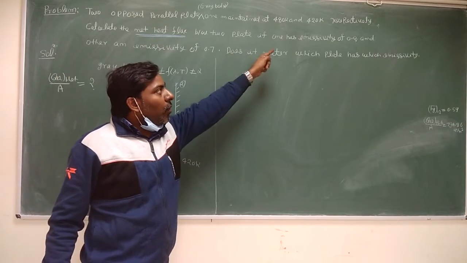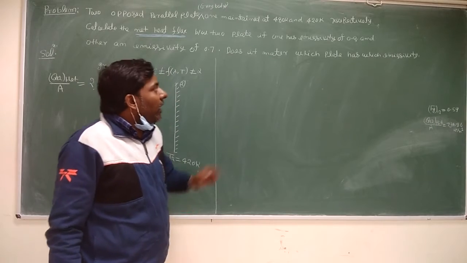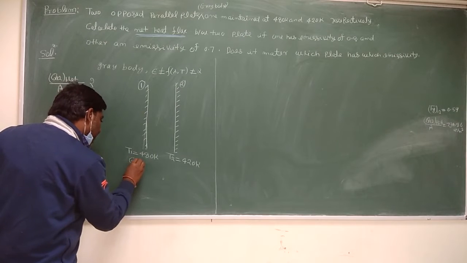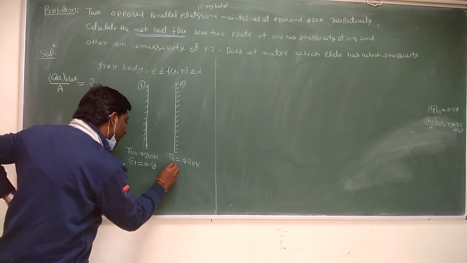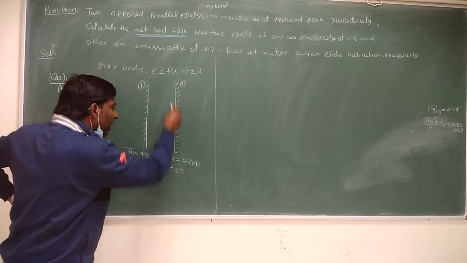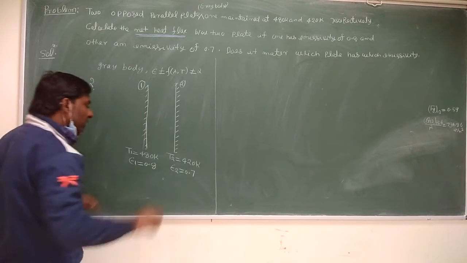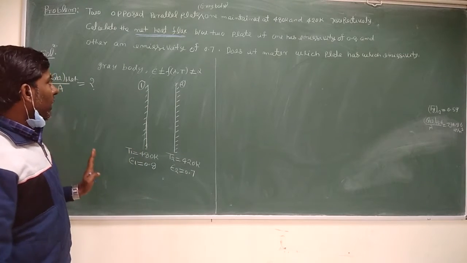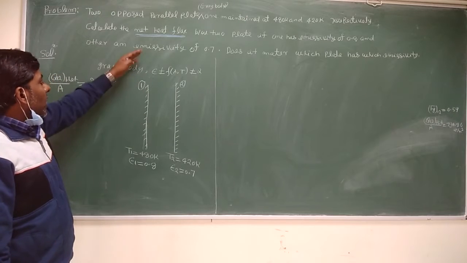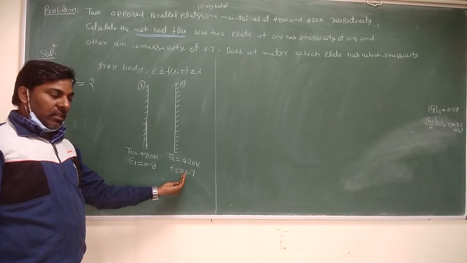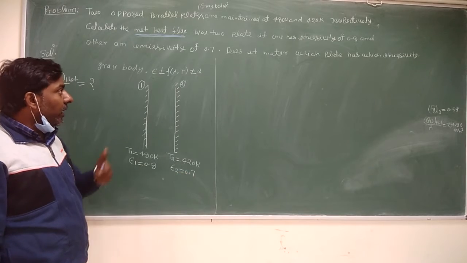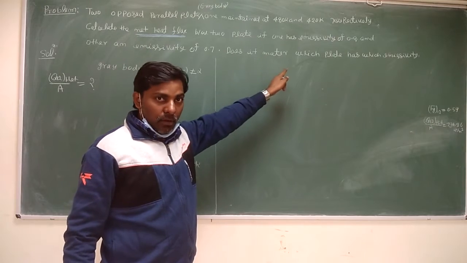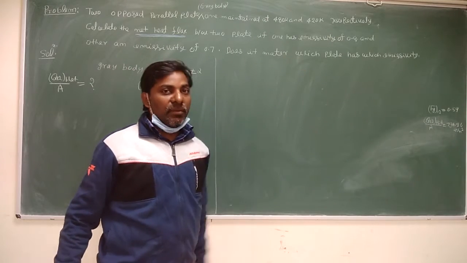Between the two plates, let us say the first plate has an emissivity of 0.8 and the second plate has an emissivity of 0.7. So epsilon 1 is equal to 0.8 and epsilon 2 is equal to 0.7. We said let us take these. Otherwise this could also have been 0.7 and that 0.8, but for now we took 0.8 for this and 0.7 for that.